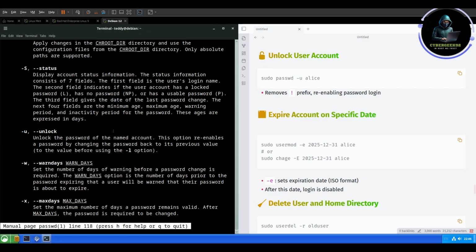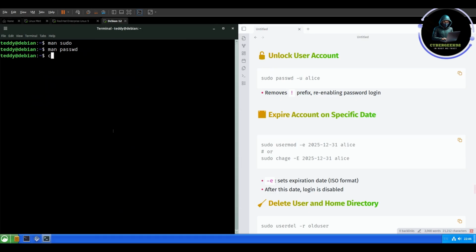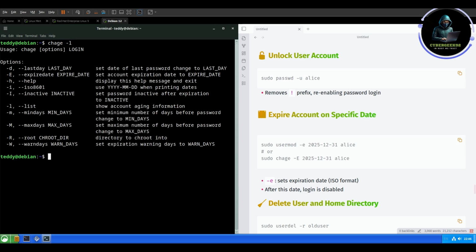This one I did not go over, so I'm probably gonna go over it because I think this one is important. So let's do chage -l. We can use the chage command to set the maximum days of a password before the password expires. We can set an expiration date to get a warning before your password expires. So we can set a specific date here for the password to be expired, and we can do all of that